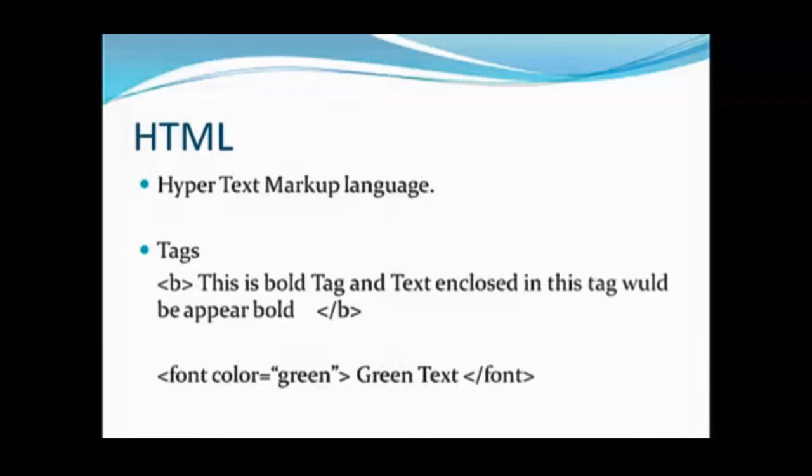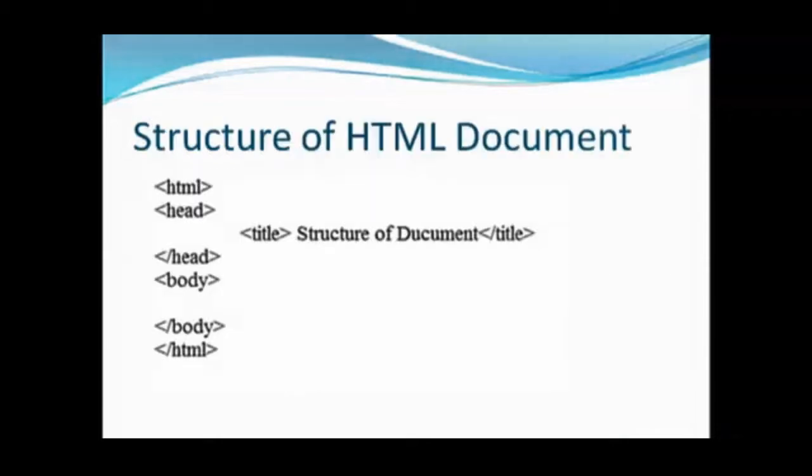In a container tag, you need both the on-code and off-code of the tag, that is opening and closing, both are required. Whereas in some tags, you simply open it and you do not need to close. Take for example horizontal ruler HR, break tag BR. These are empty tags. With the tags, we also have attributes.